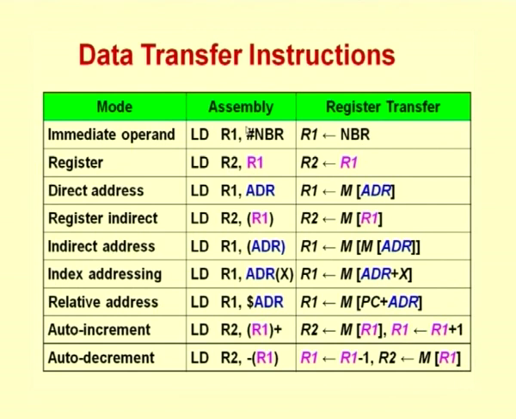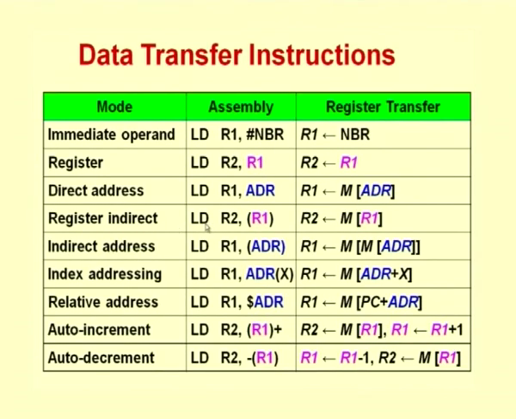Now, all these addressing modes that I am specifying here are with respect to the second operand. The first operand, I am assuming, is always in register addressing mode, so it is into this register that all these values are going to get stored. Then I have direct address. When we do direct address, or the absolute addressing mode, load R1 comma address, remember the address specified here is the actual memory location. Let us say this value was 1500. So memory location 1500 is accessed, and the contents are stored in R1.